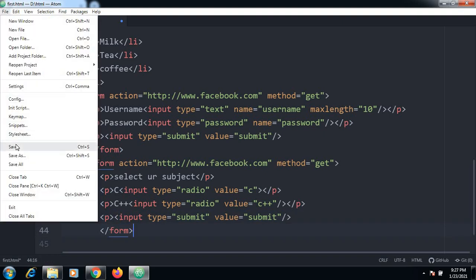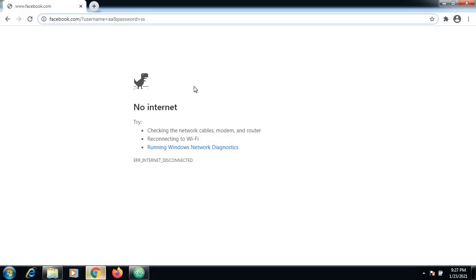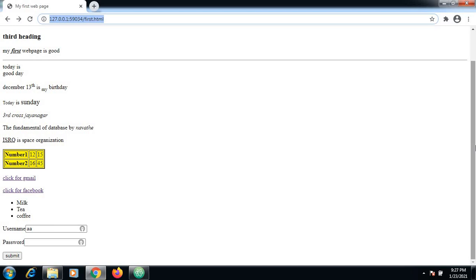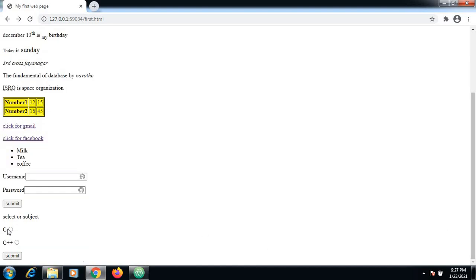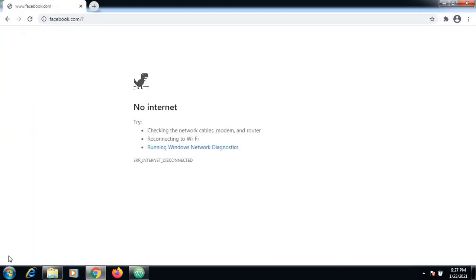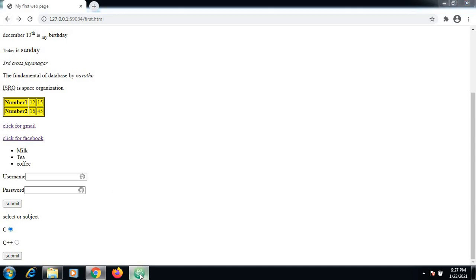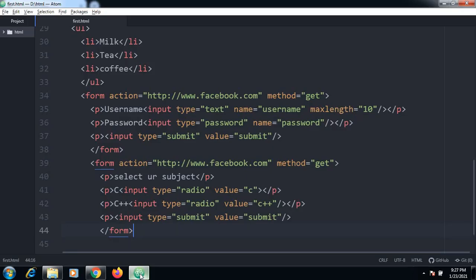Save this particular thing. So radio buttons are created now. So you can click on this and submit this. What happens is the particular form is submitted over here. So this is how we created the radio buttons, and we can also have check boxes.